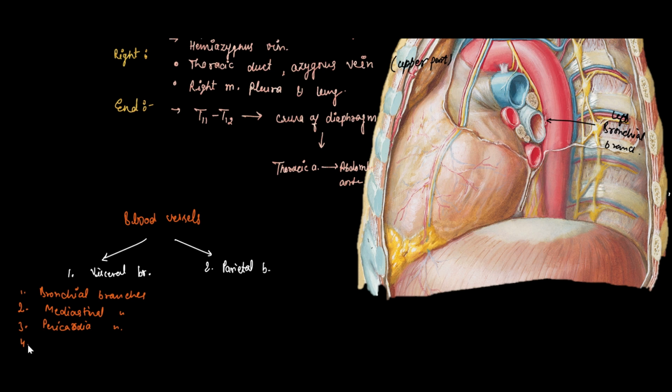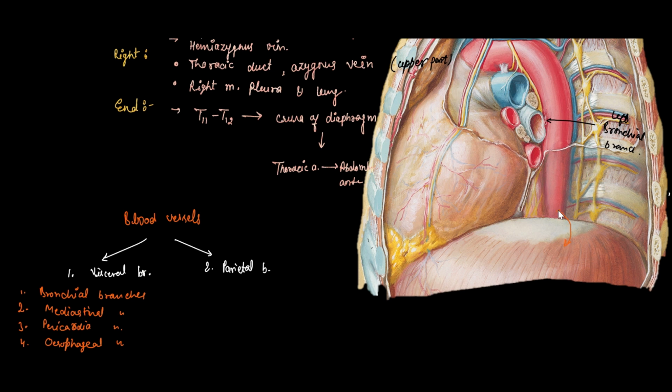Okay, and the fourth and last one we saw in the above picture were the esophageal branches, which were supplying blood to the esophagus. Okay, now the second category comes the parietal branches. These parietal branches include two types of arteries. One is the superior phrenic artery, the branch of artery which will be supplying the upper surface of the diaphragm.